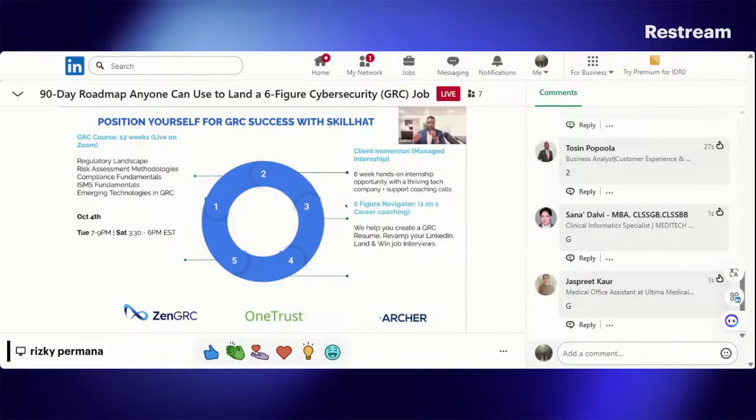The third piece is now you've solved for the skills gap with step one. You solved for the hands-on experience gap with step two. The third gap is marketability. That's solved through coaching. So you will be assigned a one-on-one coach. This is typically a senior cybersecurity professional, people who work at companies like PwC Consulting, Deloitte Consulting, Meta, TD Bank, to work with you directly to convert your existing resume into a GRC resume, and then convert your LinkedIn in the same way so you can land interviews.